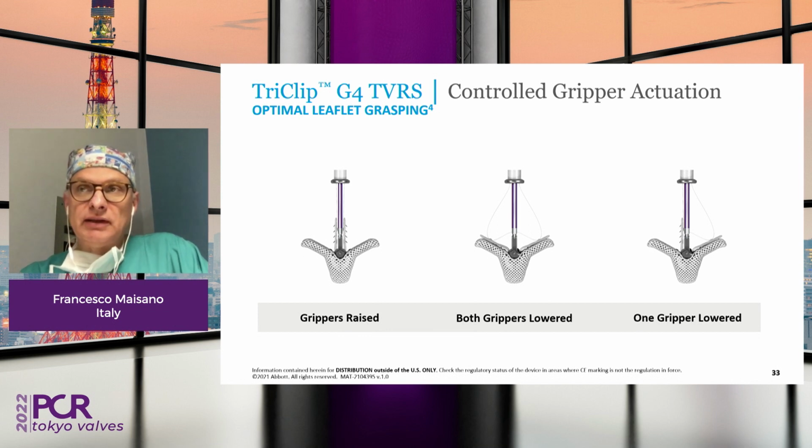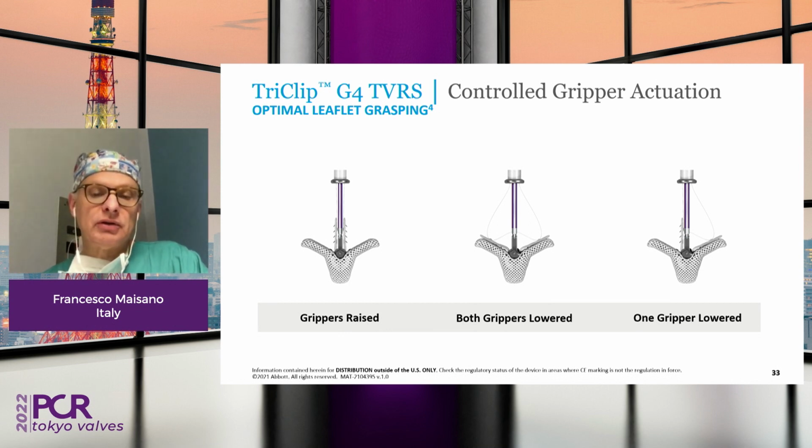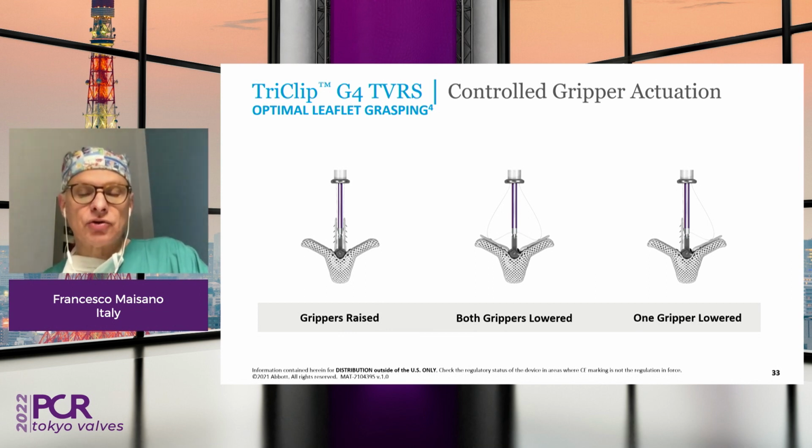I have to admit that independent grasping has always been a double-edged sword, because on one side it allows you to tackle more complex anatomies. On the other hand, it exposes the patients to 2 risks. One is distortion, and one, even if you're very careful in avoiding distortions, you still pull a lot of force on leaflets, and therefore we have seen in some cases issues with